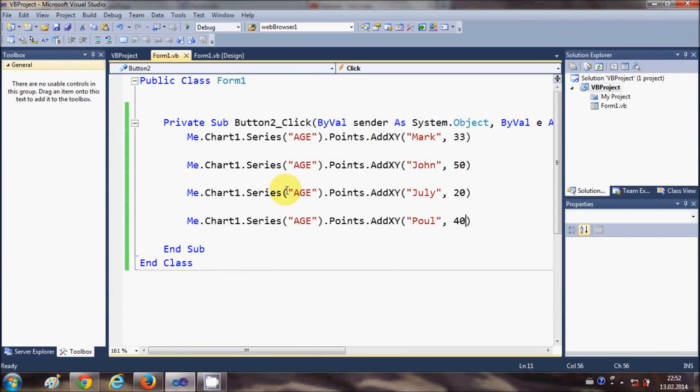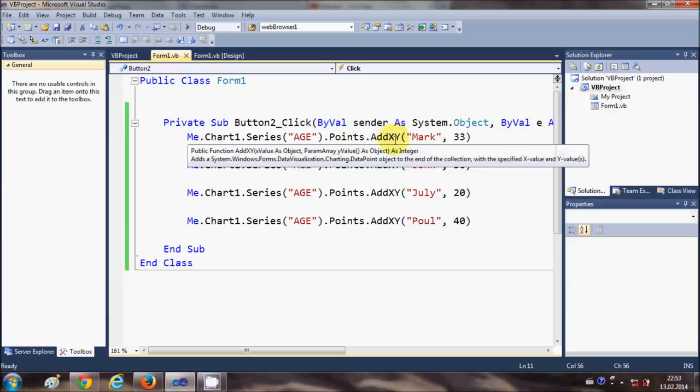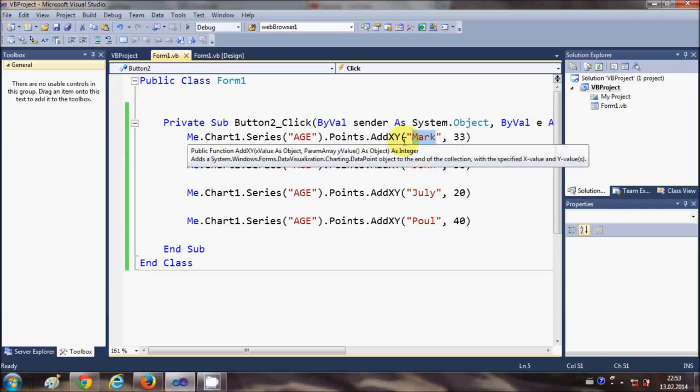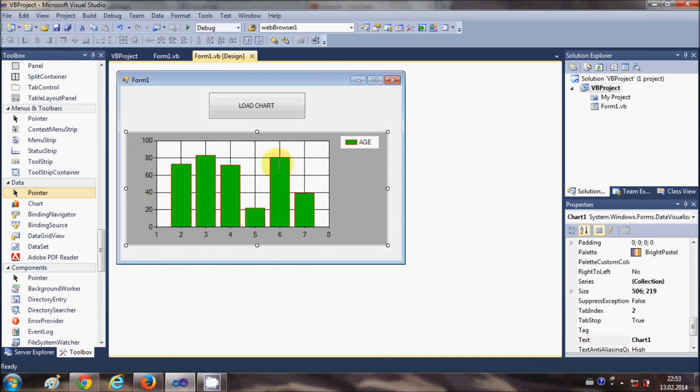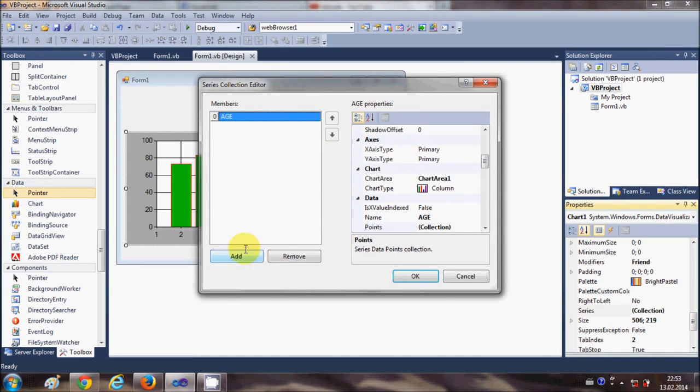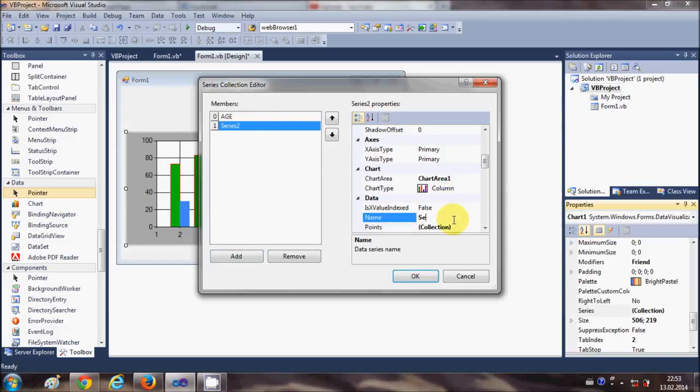Now for example, you want to show multiple bars with the same x-axis. So for example, I want to show Mark's age plus I want to show the score or marks scored by Mark in some examination. So how can I show multiple bars with the same name? So let's see how can we add it. Just select your chart once again and go to the property series once again here, and in here we just need to add one more series. So I will just click this add button